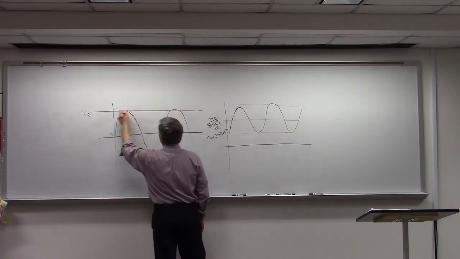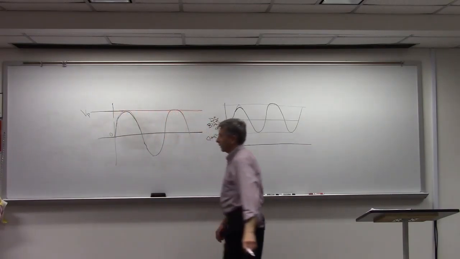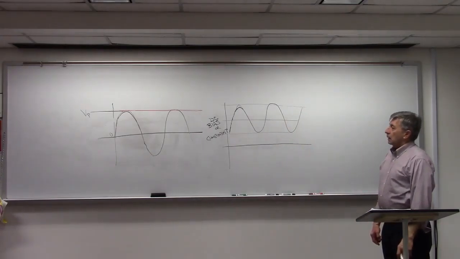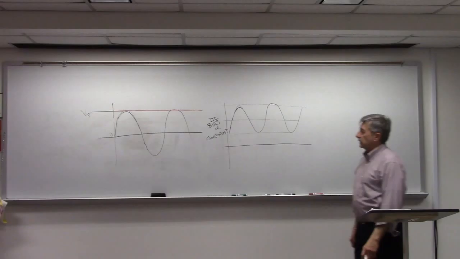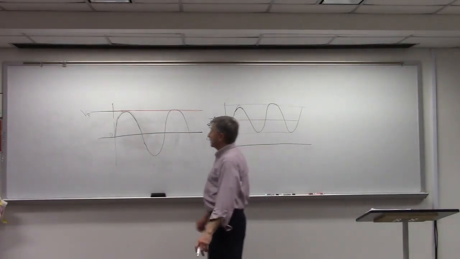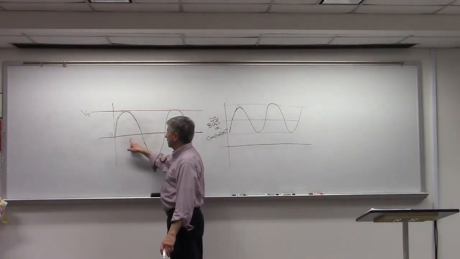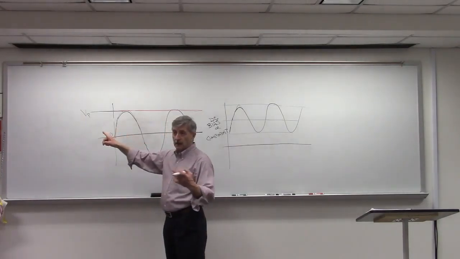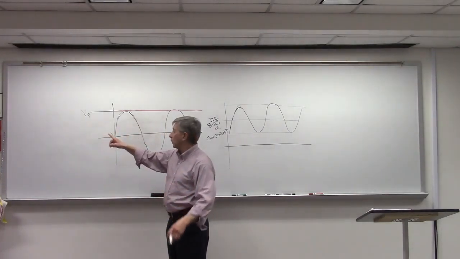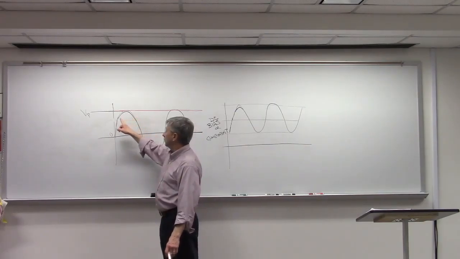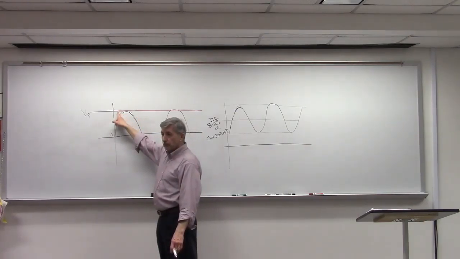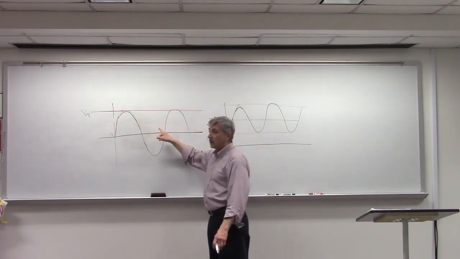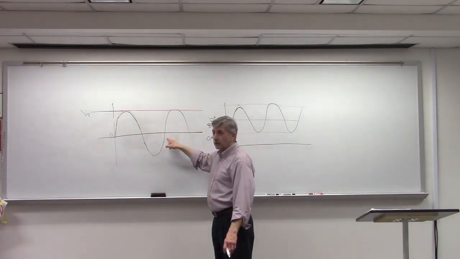So one is superimposed on top of the other one. And you can see just by looking at this that if you were powering a light bulb with this waveform, direct current, and you were powering the same wattage light bulb with alternating current,